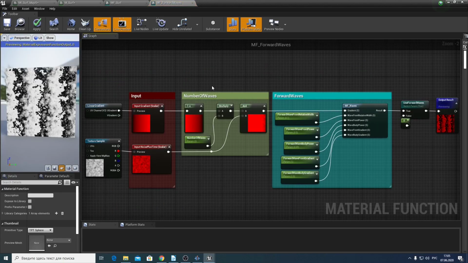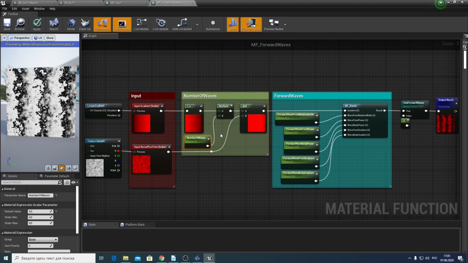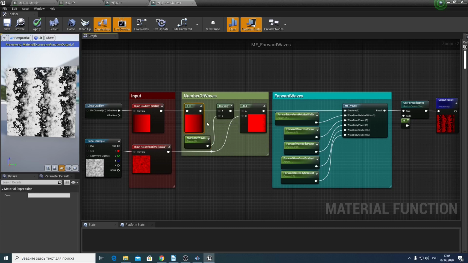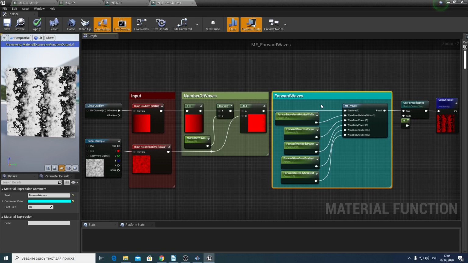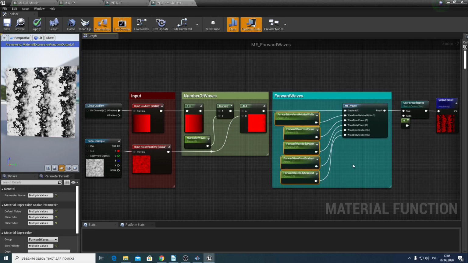It's responsible for creating waves running towards the shore. The number of waves block sets the number of waves, the direction of movement, and also adds global distortion in changing position over time. The forward waves block calls the MF waves function and sets the parameters of the forward waves.